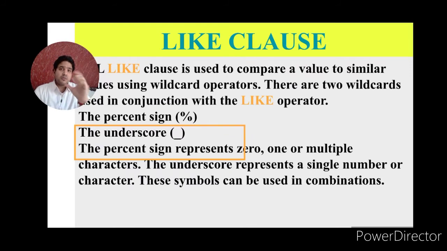Now the more important thing is the LIKE clause. Sometimes it is called an operator to compare similar values, not the same values, similar values. It applies to strings, maybe any type of character, maybe numerics. It has two built-in characters, percentage and underscore, where percentage defines one character, two characters, three characters, or more characters, whereas underscore defines exactly one character for each underscore. One more thing I am telling is the word similar values.